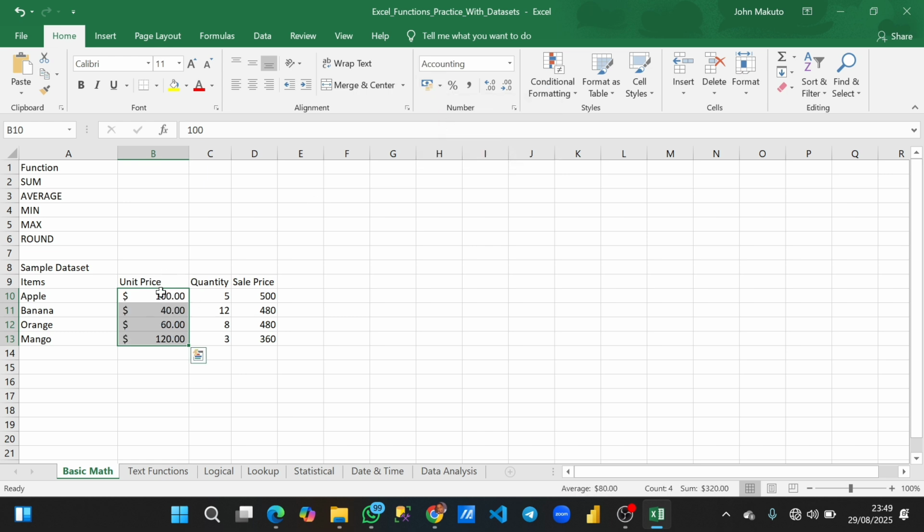Now we have a symbol and our currency attached to the unit price, which is dollar, and you can reduce the decimal. If you don't want the decimal, you can come back to your number section and reduce it by decreasing the decimal. So this is actually good. It's not going to reflect here